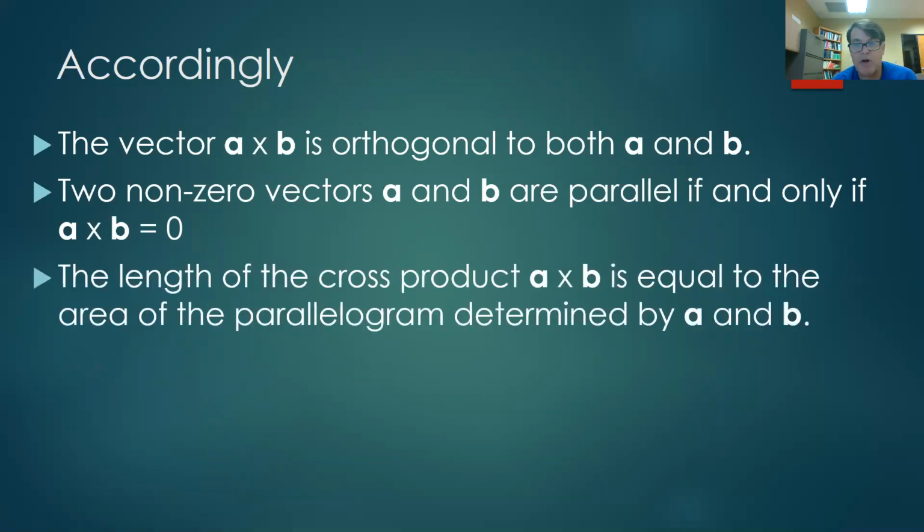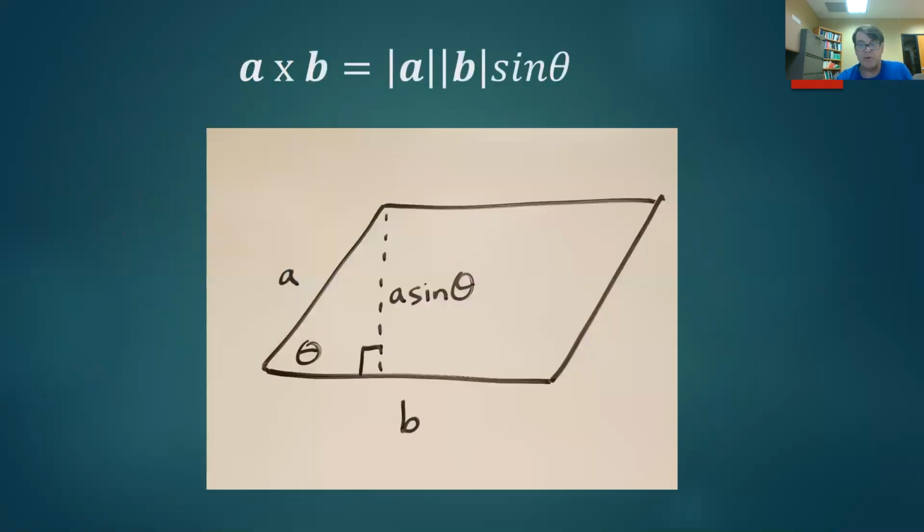The length of the cross product is equal to the area. Here's an interesting thing. The length of the cross product is equal to the area of the parallelogram determined by A and B. So here's a parallelogram, and not a well-drawn one, but here's a parallelogram. So what is the area of a parallelogram? Well, it's the base basically times the height. By doing base times height, you basically converted it into a rectangle, right? Even though it's an askew rectangle,